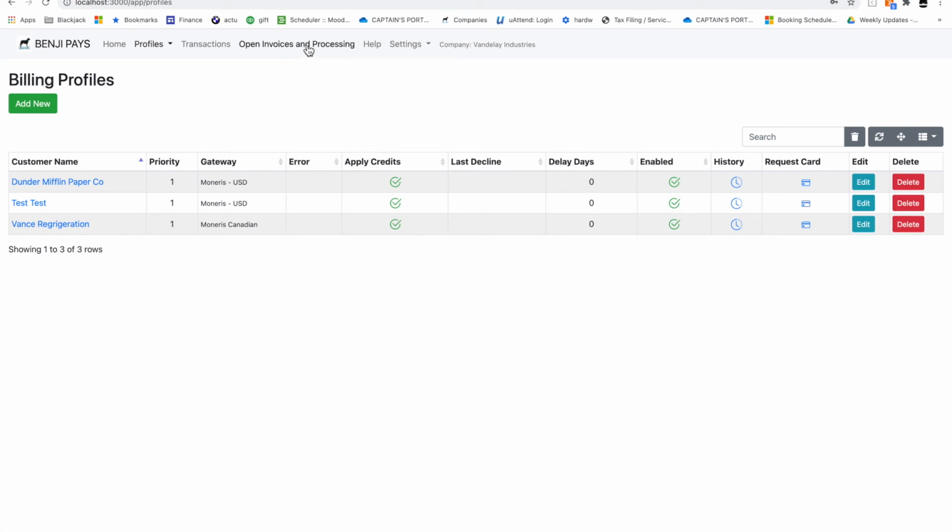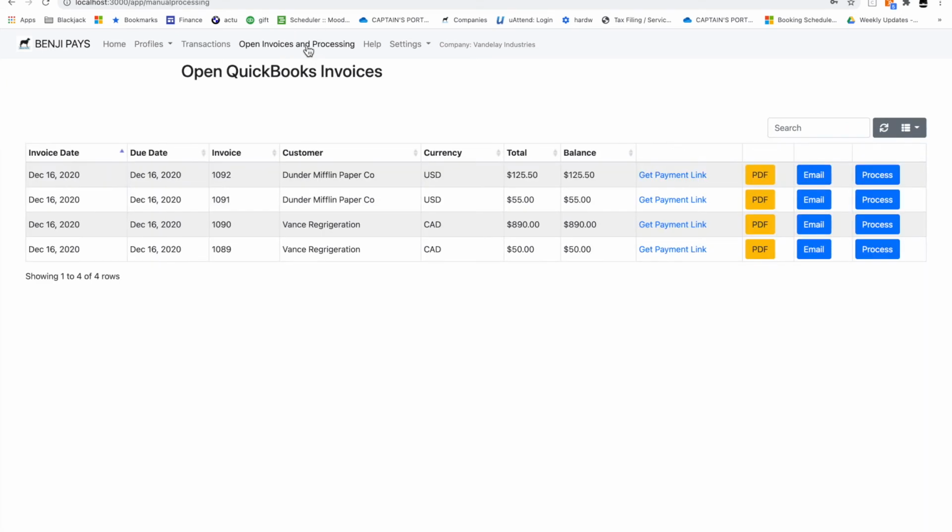So to do this, we can go to open invoices and processing. On this page, you're going to see a live list of any invoices from your accounting system, in this case QuickBooks, that have an open balance on them. So in the first one, for instance, we can see that Dunder Mifflin owes us $125.50. We can get a link